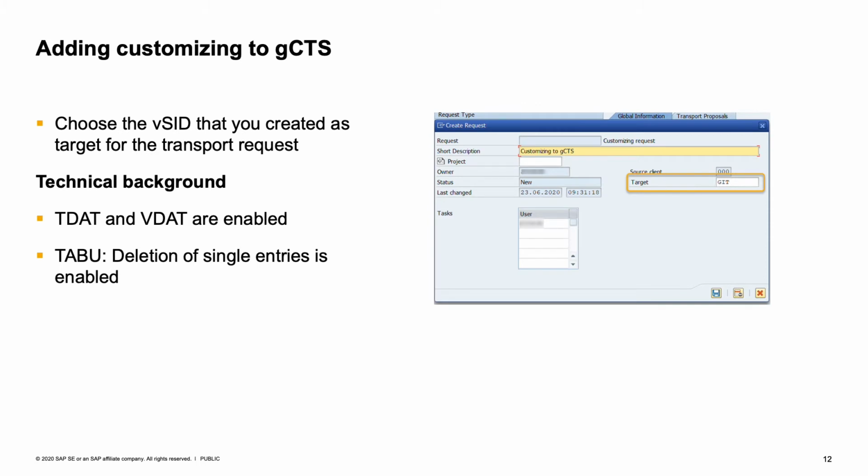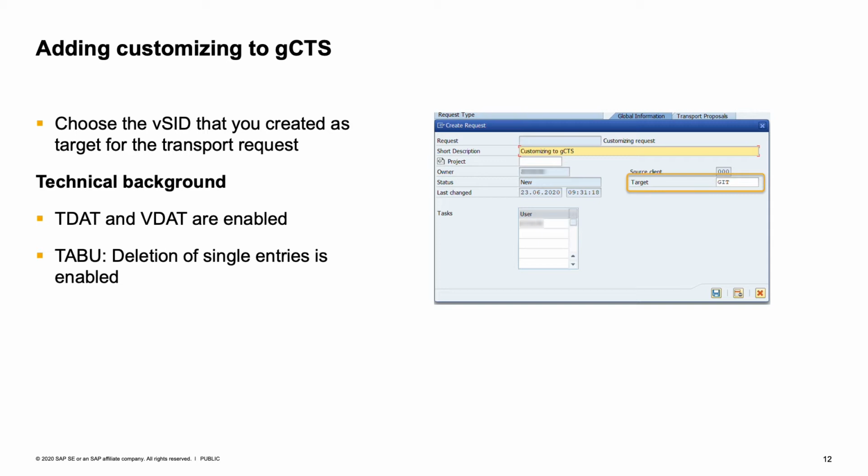Now let's talk about the real new functionality that's only available in S/4HANA 2020, and that's customizing. So up to now, before 2020, you were only able to use GCTS to manage all the content, all the objects that you developed that were stored in Workbench transport requests. Now you can also use customizing transport requests. And the procedure is that when you create a transport request, you define the target. So when you define a customizing transport request, you always have to define the target where it shall go to.